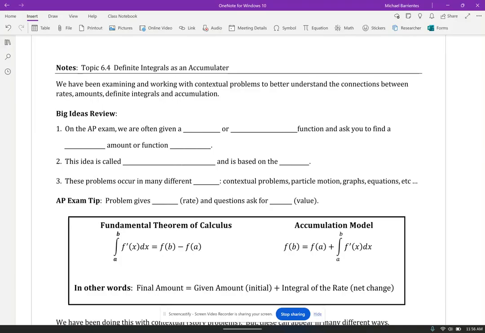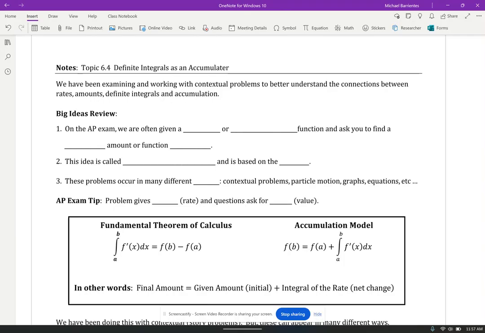Now, 6.4 talks about definite integrals as accumulators, and it coincides with the idea of the fundamental theorem of calculus that we talked about in 6.7. So, just some big ideas that you might run into as we start to do more and more free response